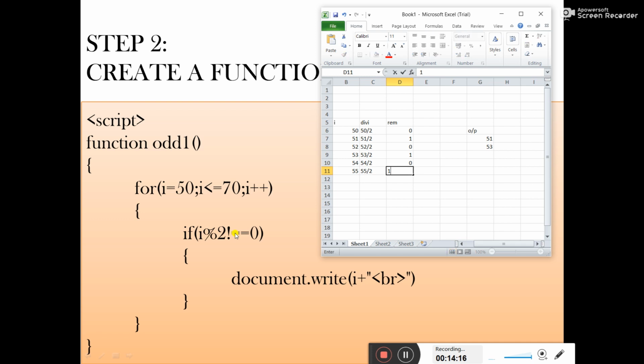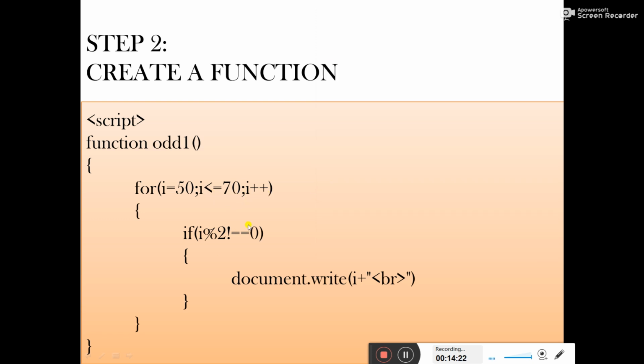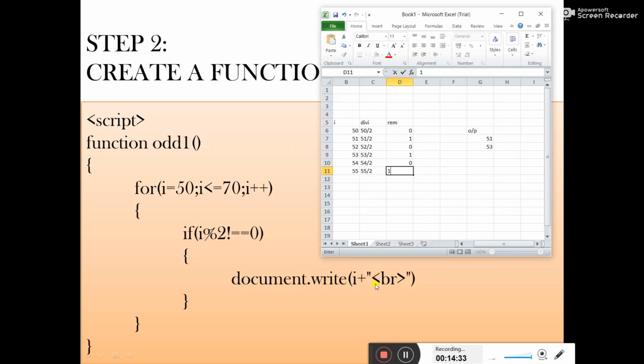The remainder we get here is 1. So 1 is not equal to 0. The condition is right, so it will come inside the if condition and print document.write I. The value of I is 55. So next we will get 55 as an output, with a line break. The third value we will get is 55.